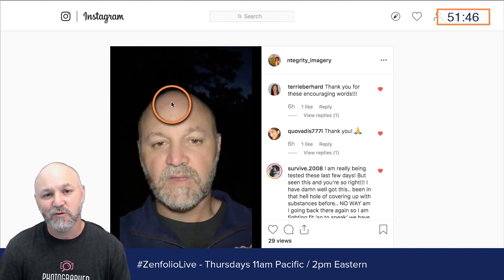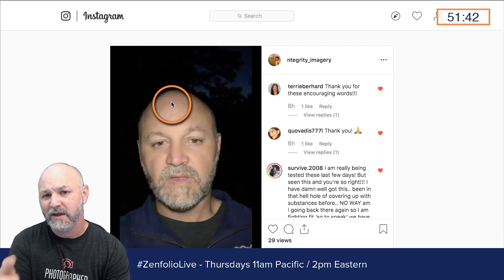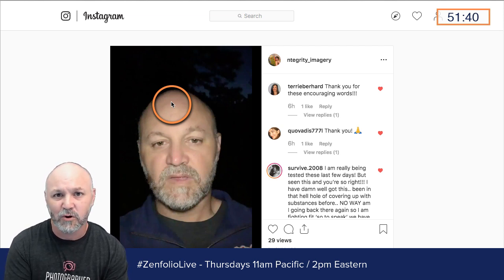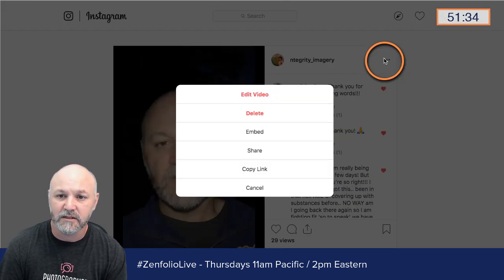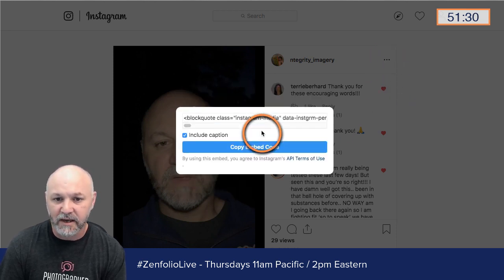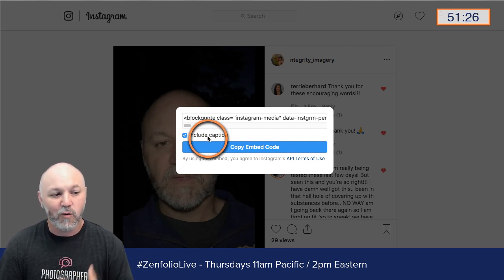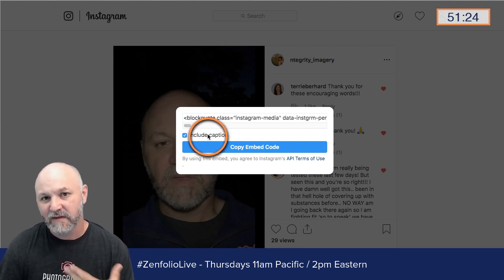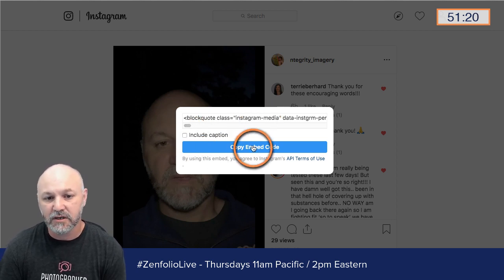You do have to do this on your computer. I've tried to get the embed link on my phone and it didn't work. If you can do it, let me know. You do have to do this on a browser, but you go to the post that you want to embed, click the little icon right up here in the top right corner. You're going to hit embed, and then you can include the caption of this post, or you can turn that caption off. So for this post, let's just turn the caption off,